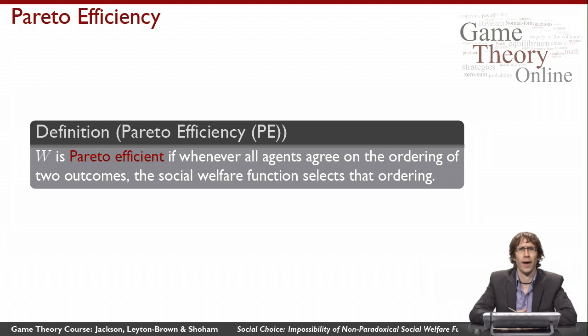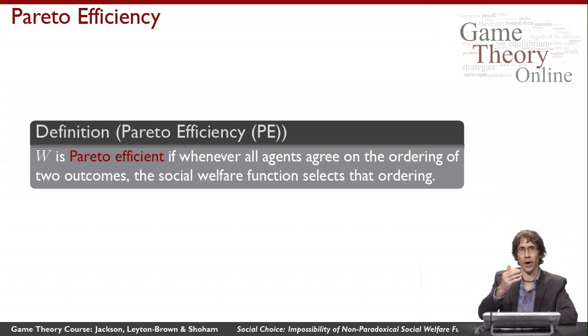So what would we want such a ranking to do? What would it look like for such a ranking to do a good job? Well, here's one thing that seems pretty obvious that such a ranking function should do. We'll say that a social welfare function W is Pareto efficient if any time it's the case that all of the agents agree on the ordering of two outcomes. If everyone thinks that candidate A is better than candidate B, then the social welfare function also agrees about that part of the ordering. So it might say all kinds of other things about candidates C, D, and E, but if everybody thinks that A is better than B, then the social welfare function also is going to tell us that A is better than B.